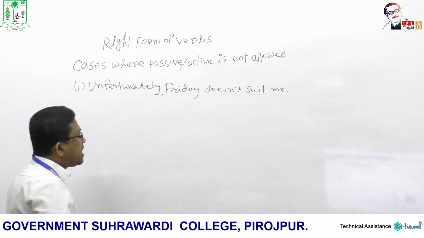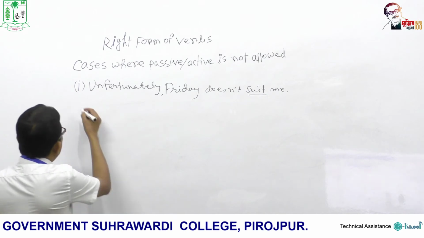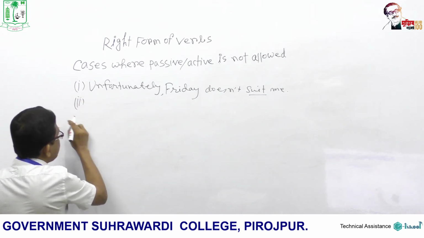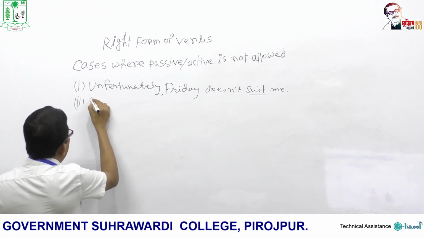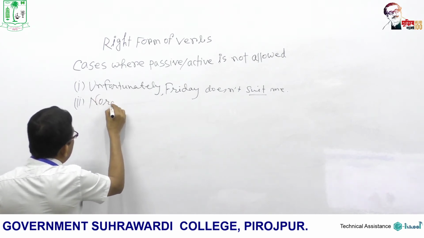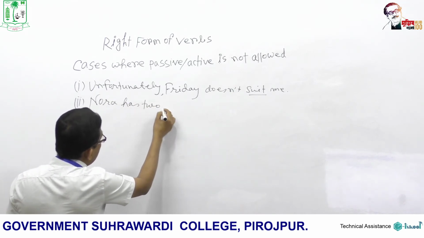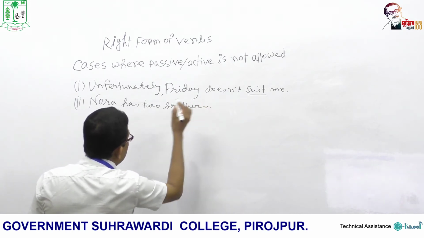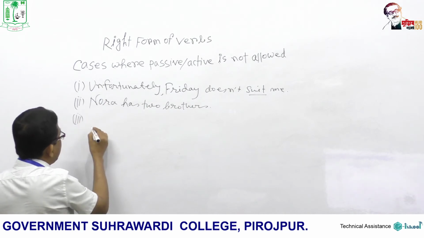Example number 2: Nora has 2 brothers. Example number 3: